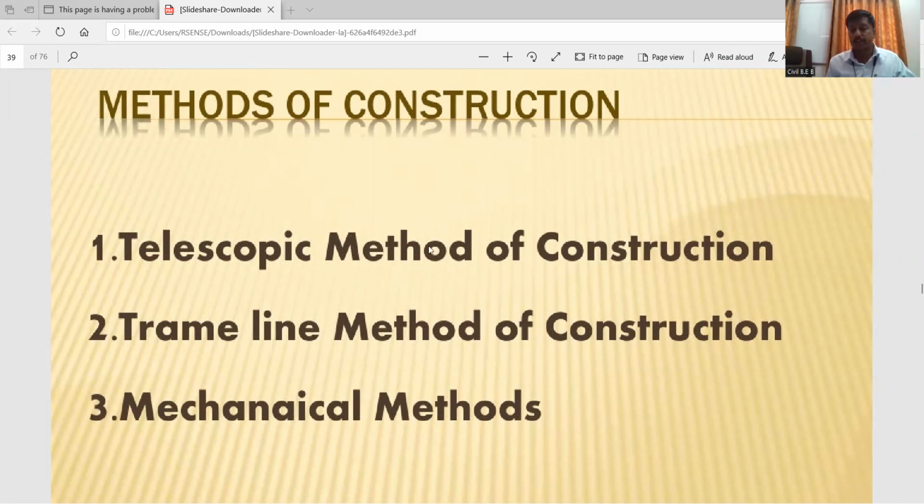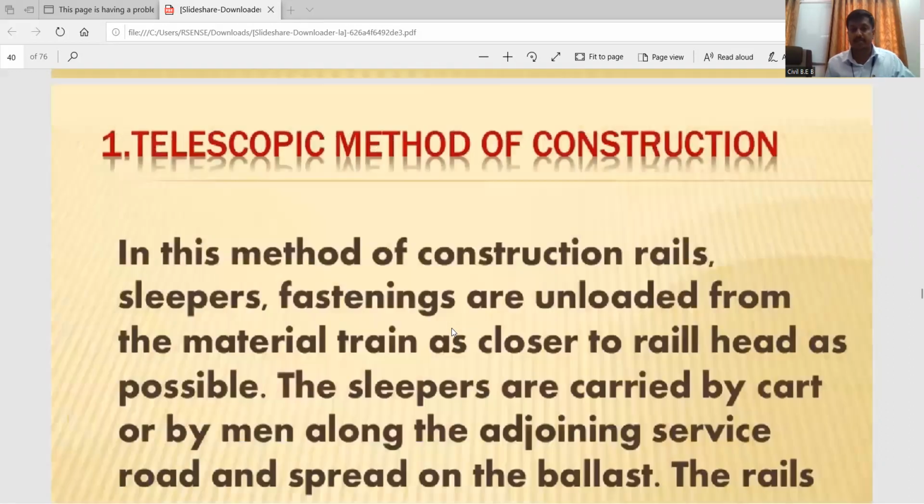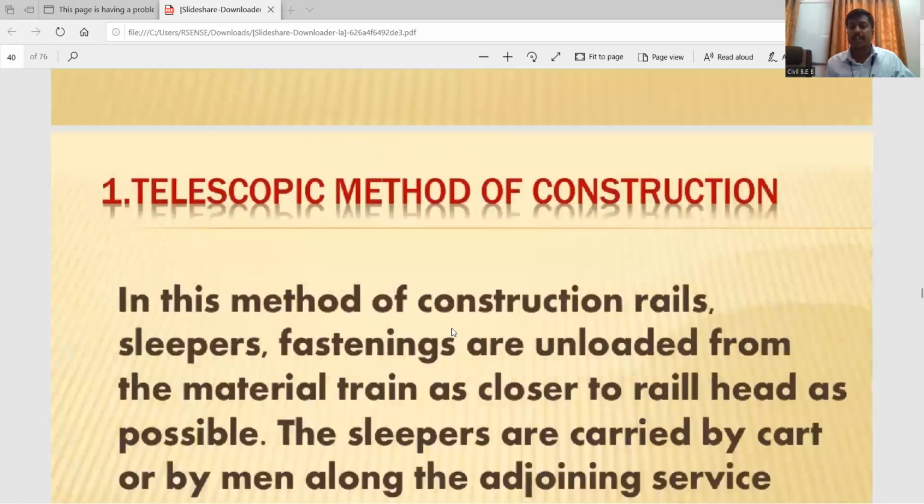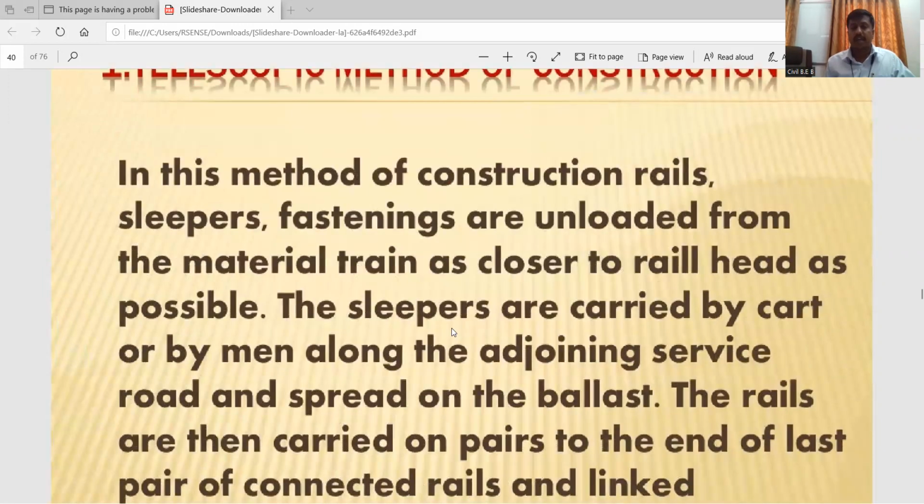The first method for the construction of the railway track or railway system is the telescopic method of construction. The second one is the tramline method of construction, and then we have mechanical methods. Now, in the telescopic method of construction, rails, sleepers, and fastenings are unloaded from the material train as close to the railhead as possible. That means, whenever you are going to construct a new track,